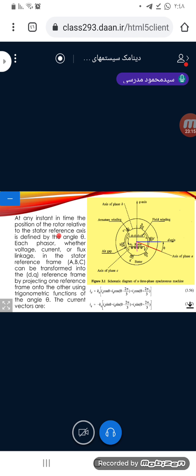Okay. You see in this, for example, this vector in the axis is, for example, IA. If this is IA, this is IA cosine